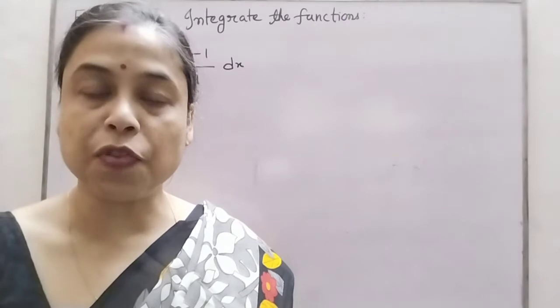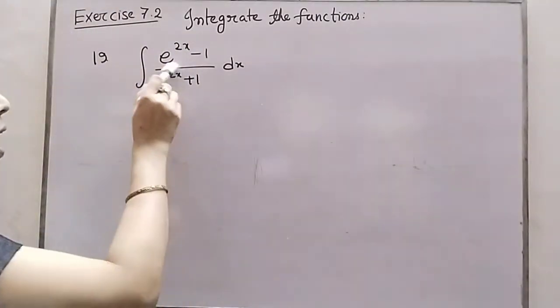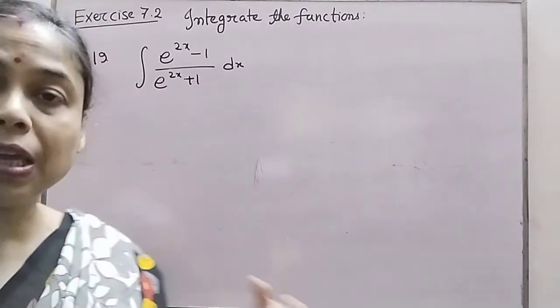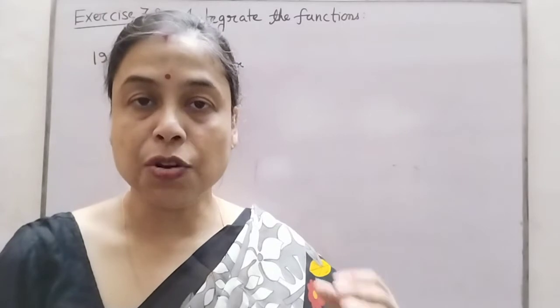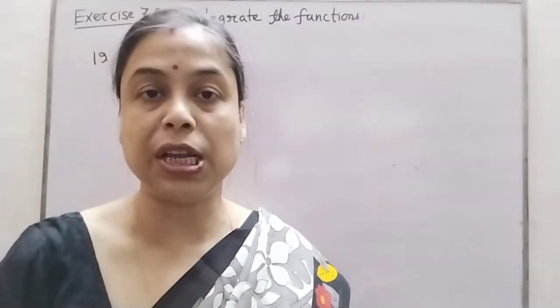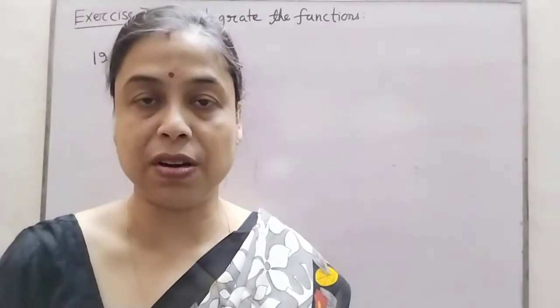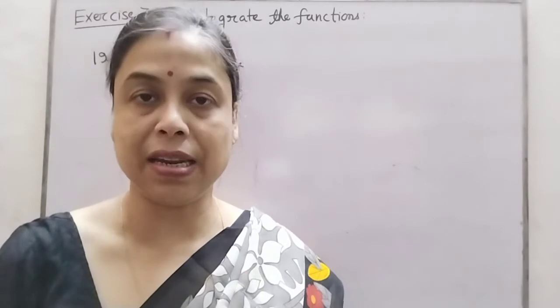So in this type of question, to do it directly, you just make it half of the given power. That is, e to the power 2x is there, you just take half of that, that is x, and take it common from both the numerator and denominator. In that case, it is converted to an easily integrable function.